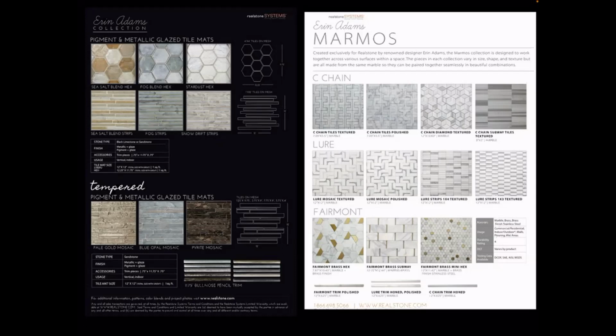Sea chain, that's really cool. The Lure, the Fairmont collection. The one on the left is a stainless steel, so interior, you can use it in the shower. The one in the center is a Subway, that's actually a brass in the center, so a little Pantene. And the other small little hex. But once again, all the details, as I said, we're very architectural focused with having everything you need to spec